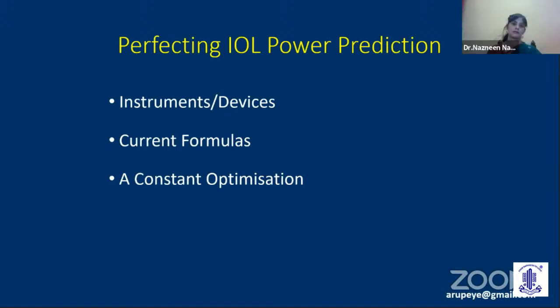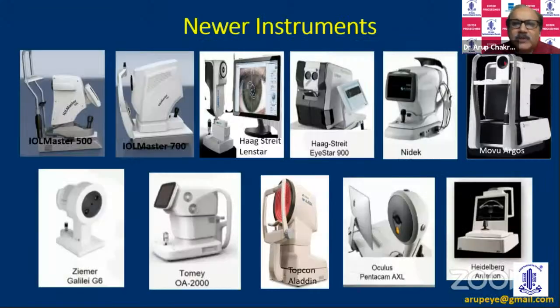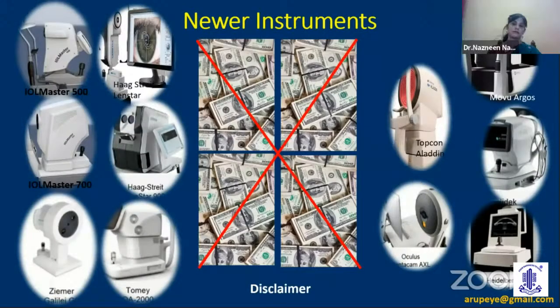And the current formula, the older formulas have changed their version, they have been updated, and the new formulas came. And we have, again, understood the full significance of A constant optimization. And all these will be covered in the subsequent topics. A couple of the newer instruments will be discussed during the course of this presentation, and we have